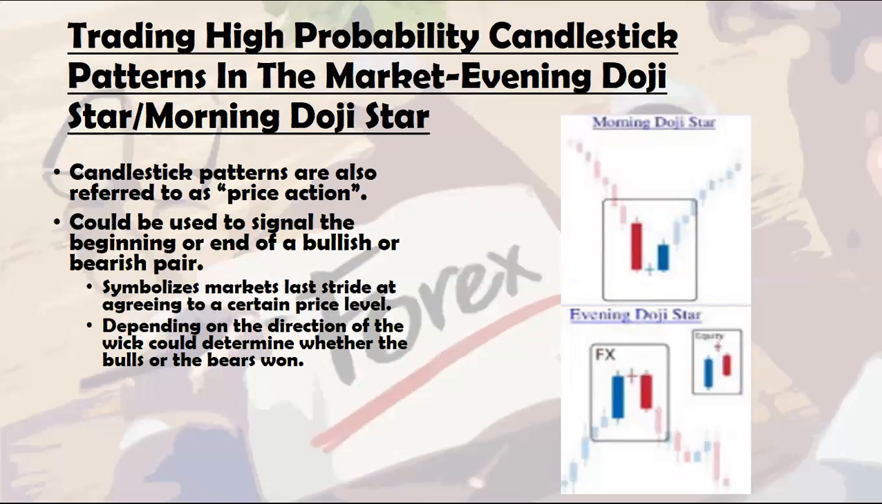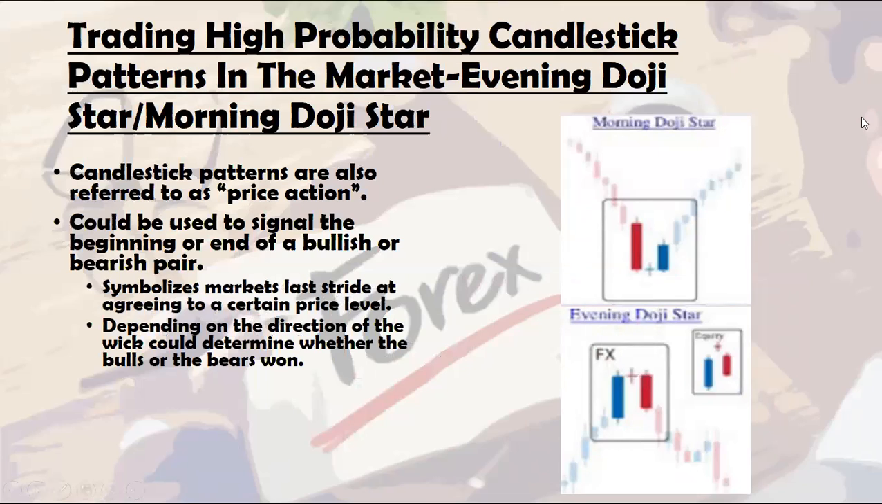It can be used to signal the beginning or end of a bullish or bearish pair. It symbolizes the market's last strike agreeing to a certain price level, and then depending on the direction of the wick, that could determine whether the bulls or bears have won. It's just the same concept I talked to you guys about, but now we're looking more at a wick, because you look at the morning doji star,